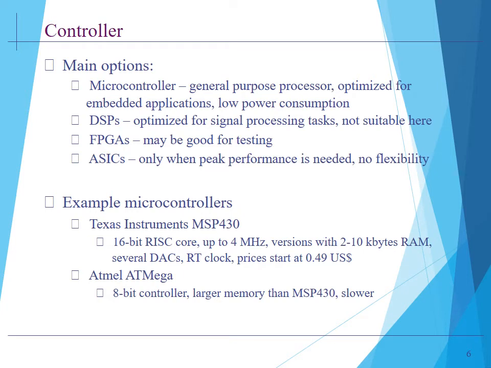First topic will be the controller. So let us now first see the difference between a microcontroller versus microprocessor. Hope everyone is aware of the difference as you have studied in the previous subjects. So the microcontroller is going to be a general purpose processor and it is optimized for various applications which consume low power. There are many examples of microcontroller like DSP processor, field programmable gate array and ASIC.